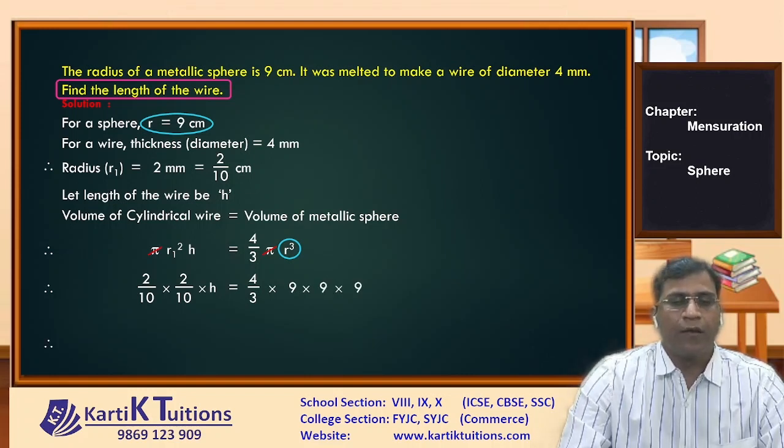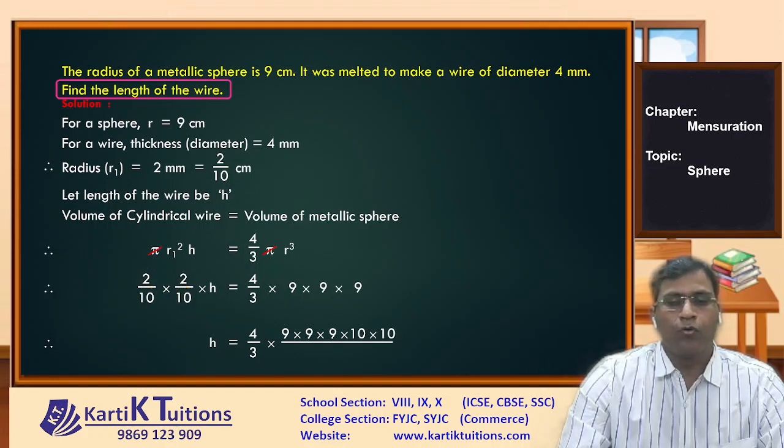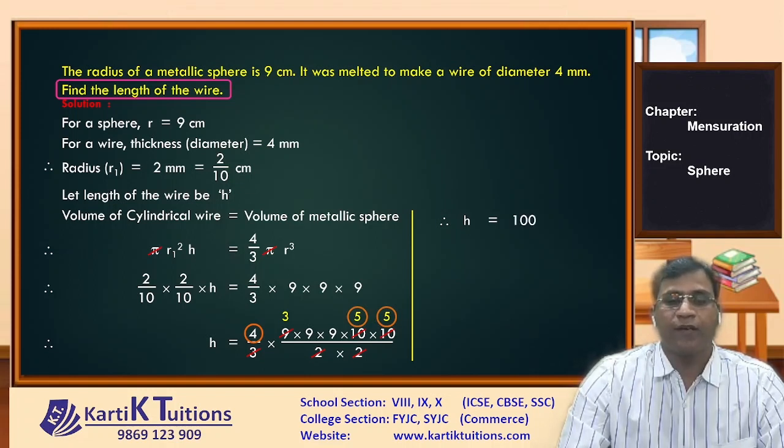Now first see here, h is equal to 4 upon 3 into 9 into 9 into 9 into 10 upon 2 into 2. Now see, the calculation is very easy. Here 3 ones are 3, 3 threes are 9, then 2 ones are 2, 5 twos are 10, 2 ones are 2, 5 twos are 10. So basically what do we get? We have to just multiply the terms of numerator. So here h is equal to 4 into 5 will give us what? 5 into 5 is 25. So 4 into 25 will give us 100 into 3 into 9 into 9. So that will give us 243. So our height will become